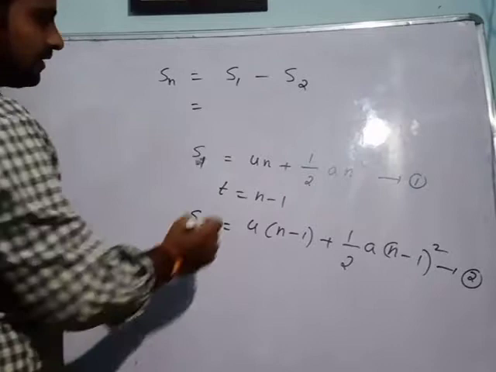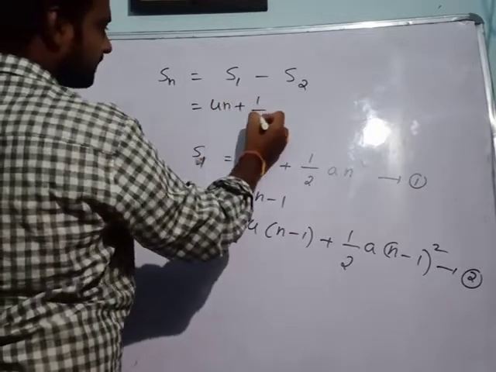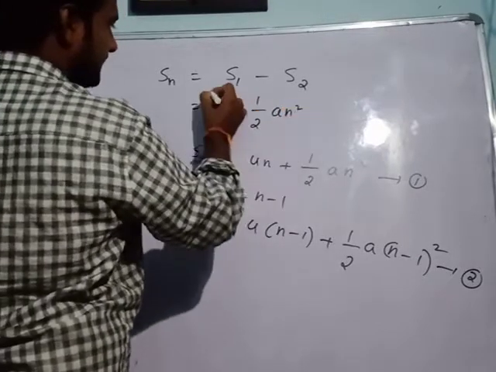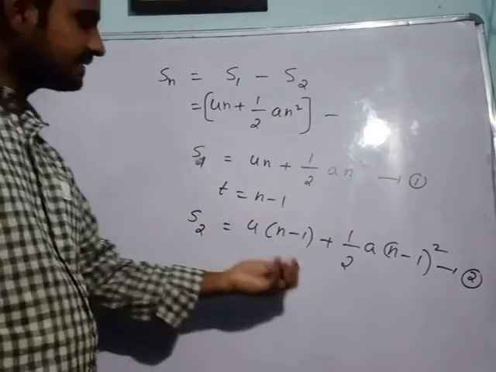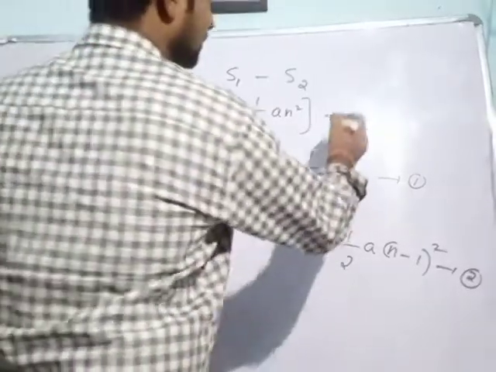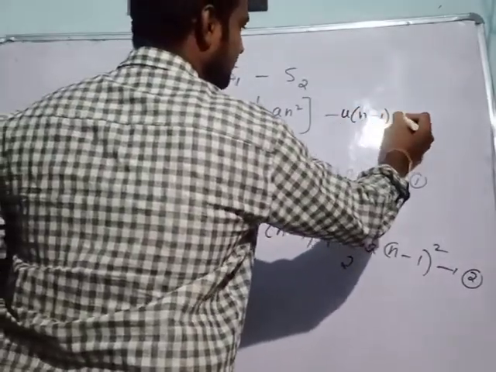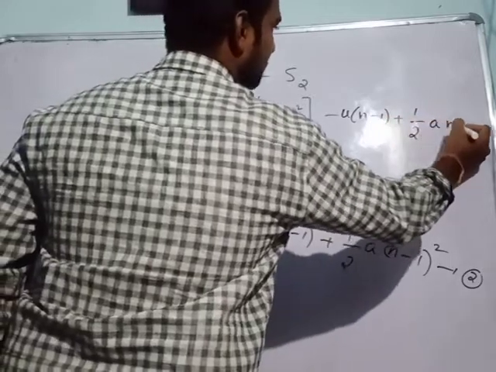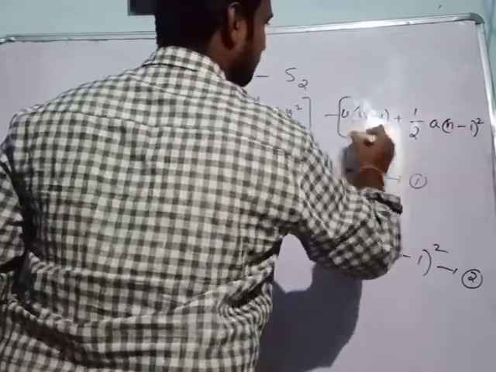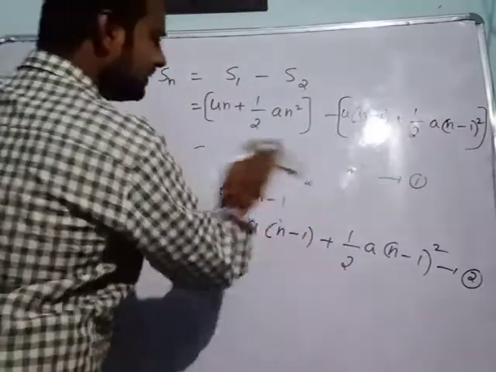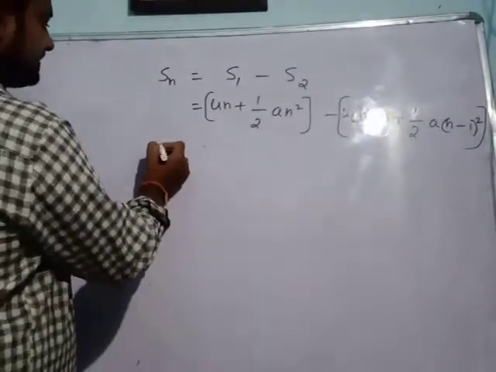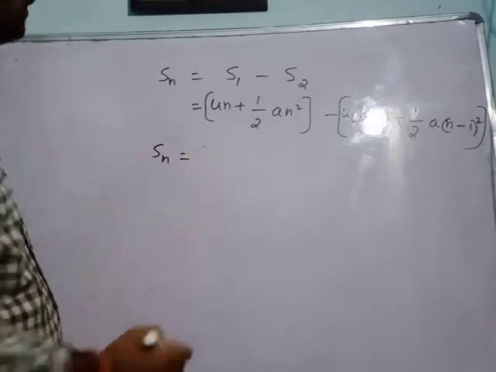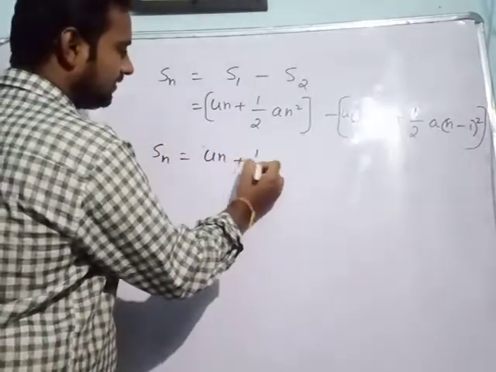Here S1 is equal to un plus half an square. This is the S1 value. Now take the S2 value. S2 means after n minus 1 seconds: u into n minus 1 plus half a into n minus 1 whole square. Clear? Now simplify this equation, we get the answer. So Sn is equal to simply un plus half an square